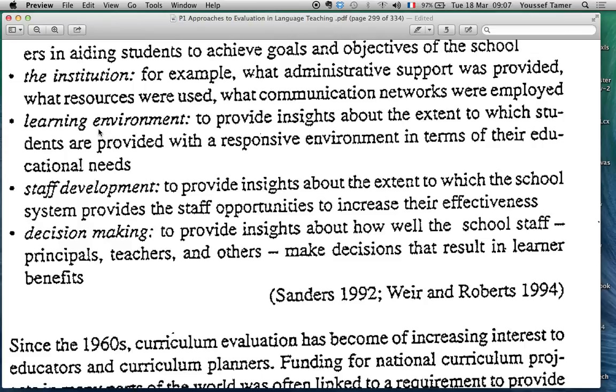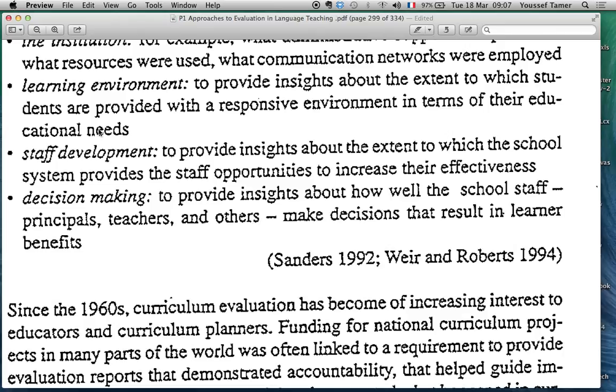So learning environment, to provide insights about the extent to which students are provided with a responsive environment in terms of educational needs. So we're talking about here the context, the environment, the setting. Is it a good one? The school in general, okay? Is it a good setting? Because I was talking with some people